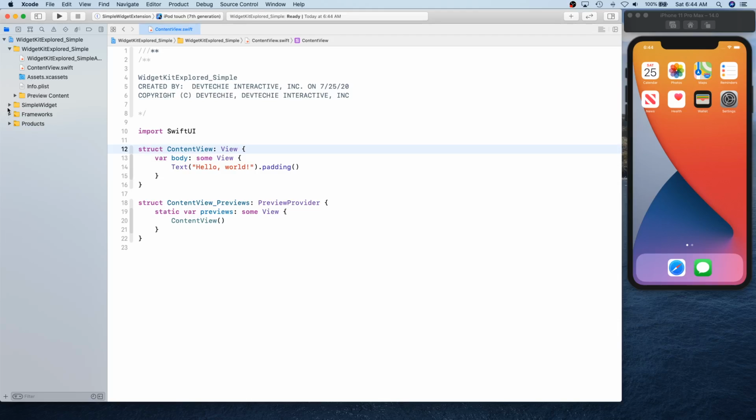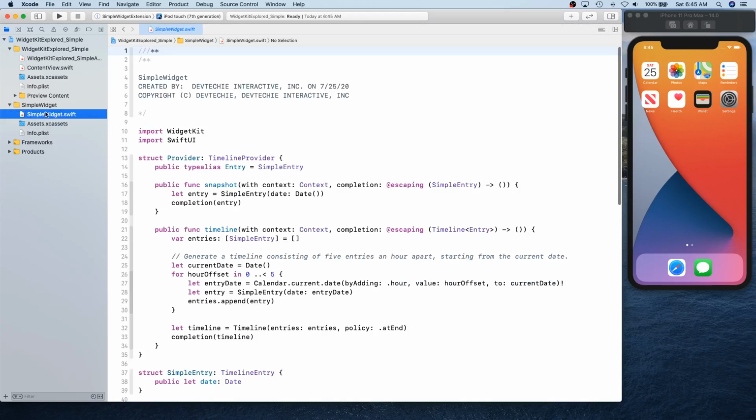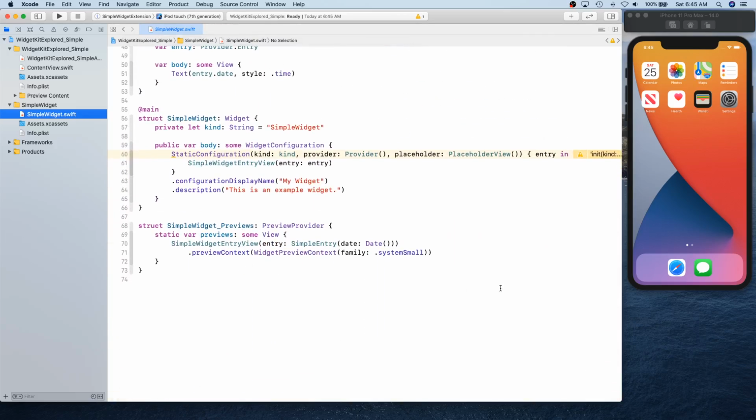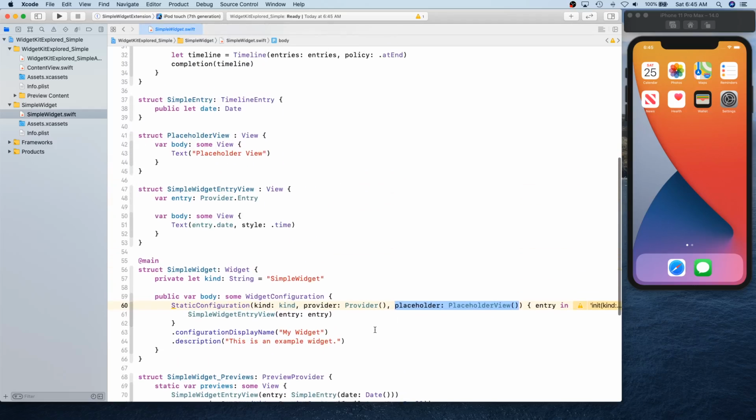You would have this new folder right here that says SimpleWidget, the name that you gave, and it has its own Info.plist, its own assets, and its own SimpleWidget file. Now this file has a whole bunch of things, and as you can see, this new warning started showing up. This is actually pretty new. It started coming up with this beta release, and what Apple is trying to do is get rid of this placeholder. So they're removing this placeholder view, and they're still trying to figure out what to do.